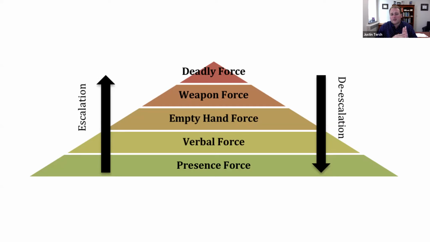So obviously the highest level of force anybody can use is deadly force. Deadly force is the highest. And deadly force isn't just a firearm, but deadly force could be stabbing someone. It could be using a baton or other blunt instrument to hit them in the head. It could be kicking them in the head. So deadly force shouldn't be construed to be just a shooting. There are other types of deadly force that the law will look at as being commensurate with a firearm use. So that's the use of force continuum. As you go up, it's escalating, and obviously as you go down, it's de-escalating.